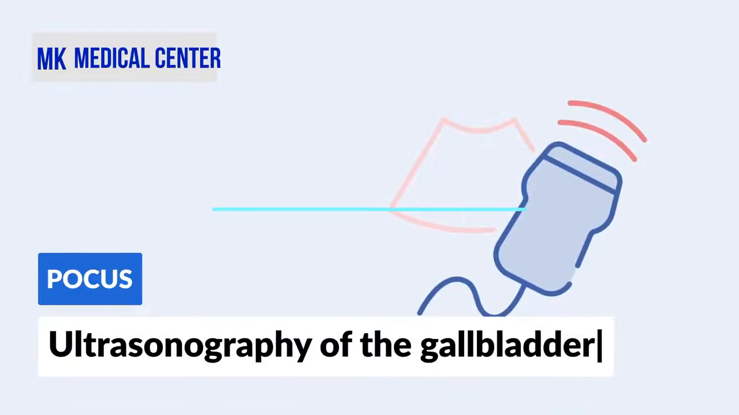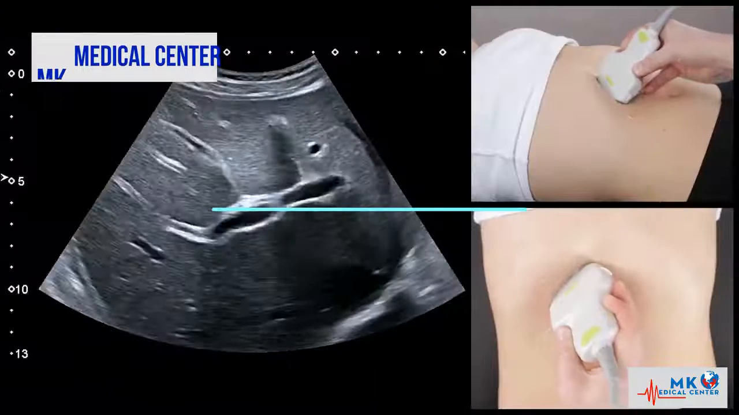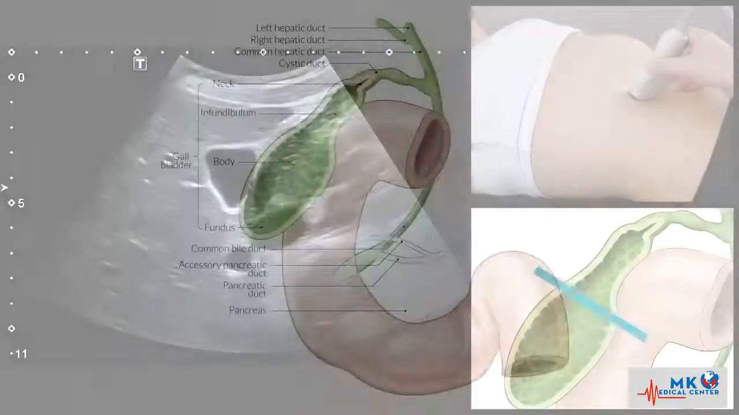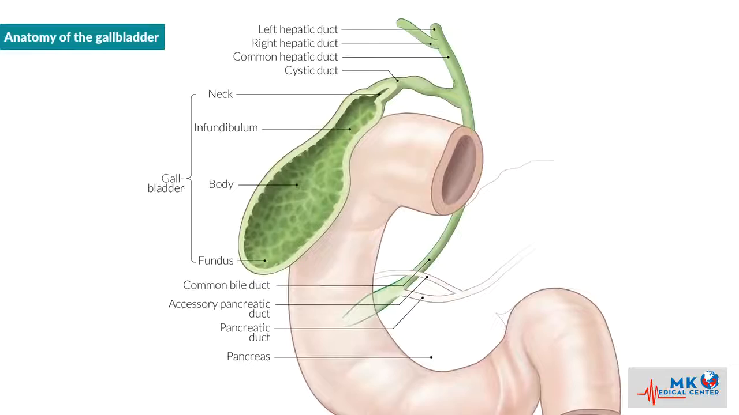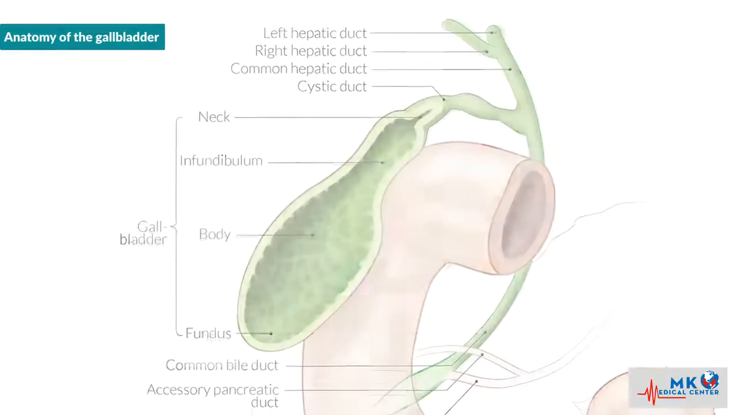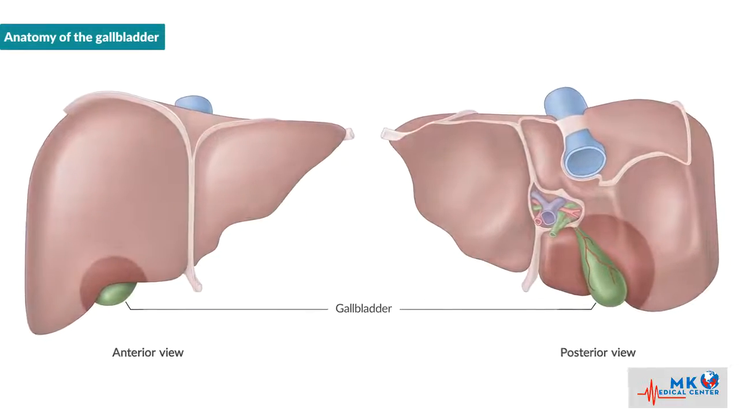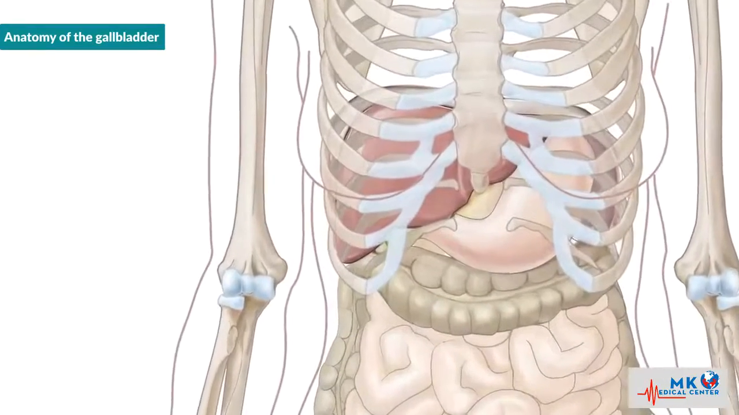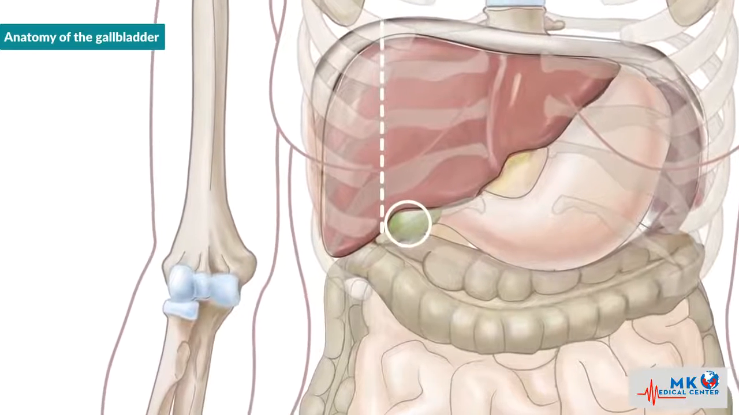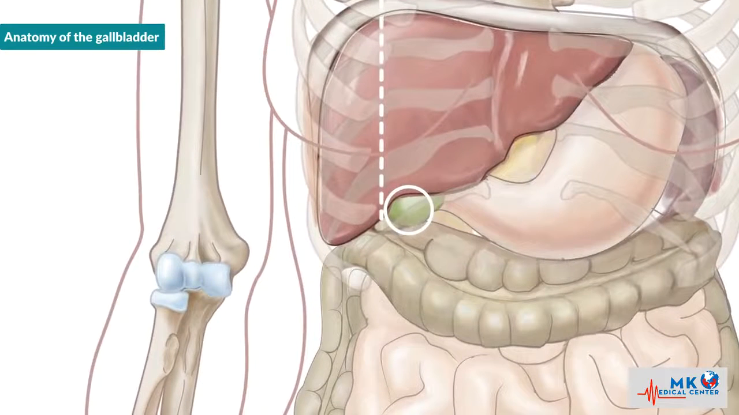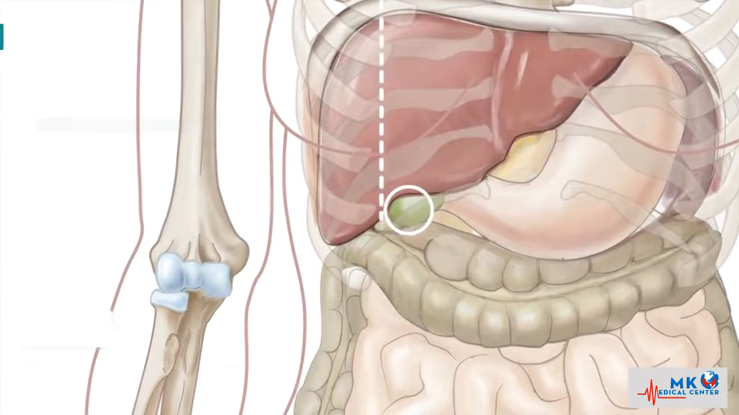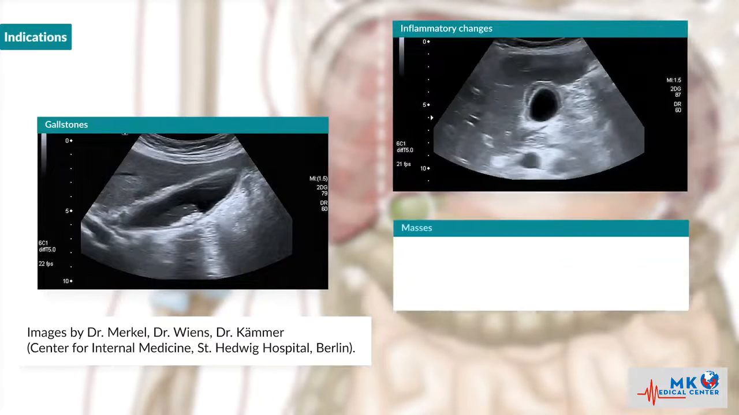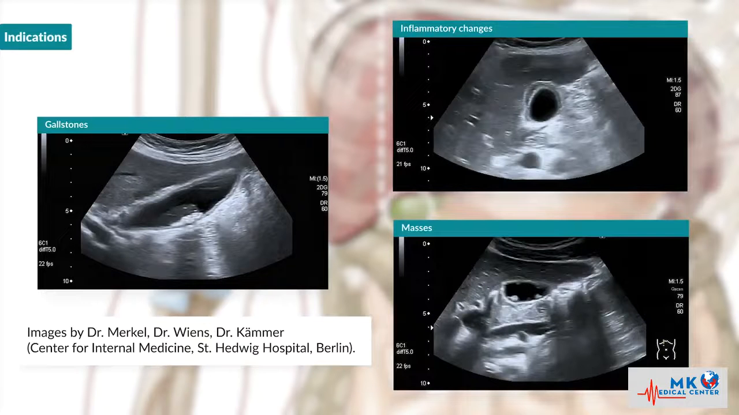Ultrasonography of the gallbladder. In this video, we'll show you when and how to perform an ultrasound scan of the gallbladder. The gallbladder is a pear-shaped, hollow, fluid-filled organ that lies against the visceral surface of the liver. The rounded lower end of the gallbladder, the fundus, projects just below the right costal margin, a little medial to the midclavicular line. If you suspect gallstones, inflammatory changes, or masses of the gallbladder, an ultrasound scan can help you